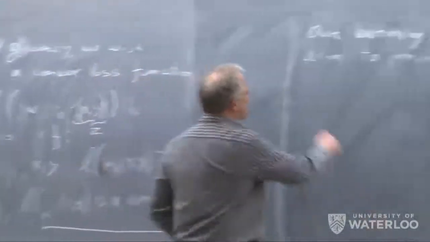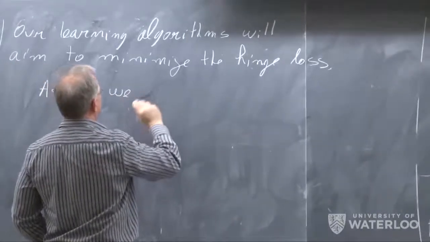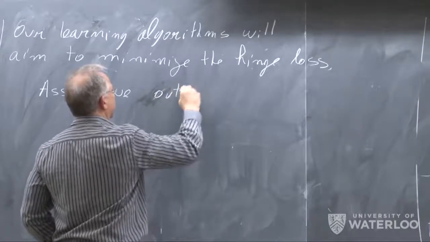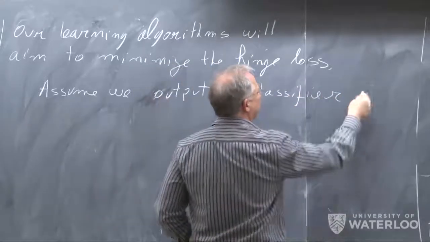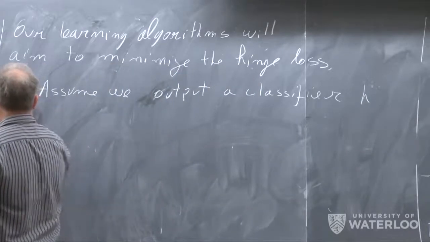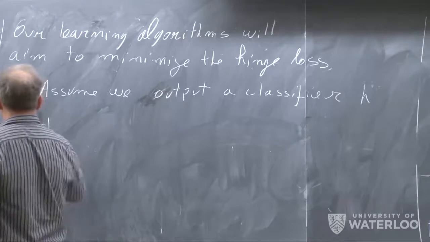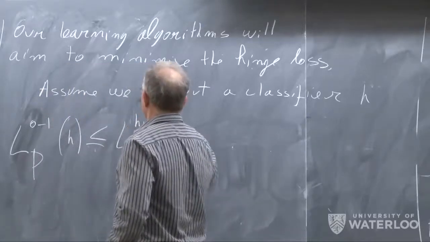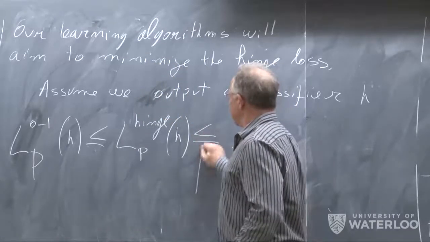So assume we end up outputting a classifier H. Then what we will get is that the 0-1 loss with respect to the distribution P of H is bounded by the hinge loss with respect to P of H,